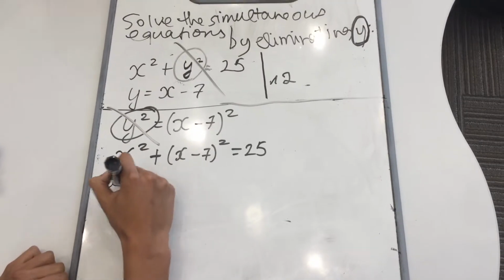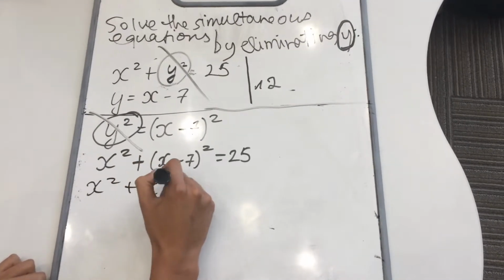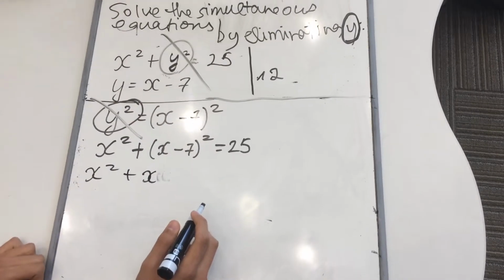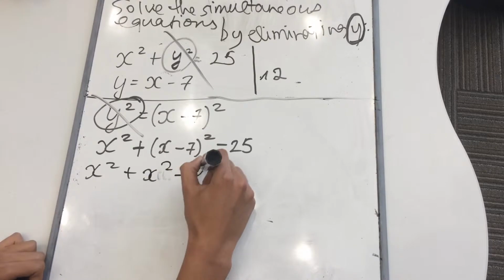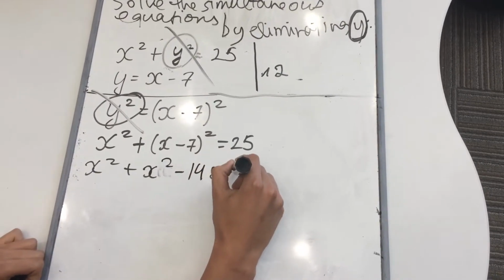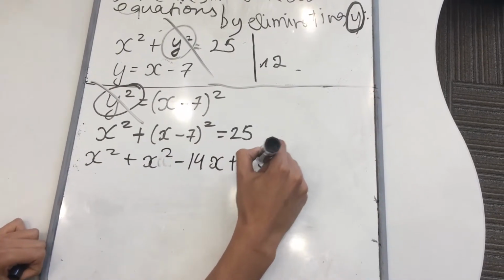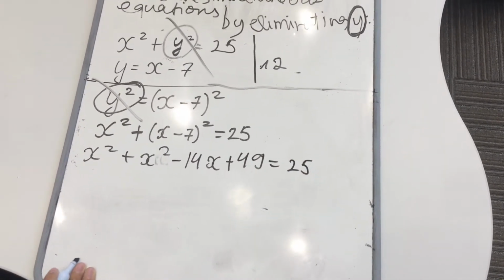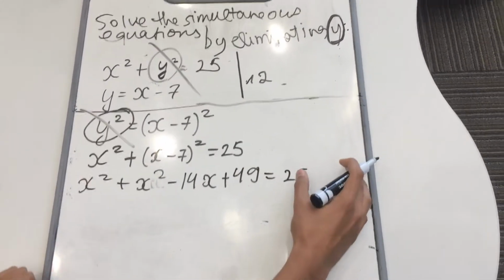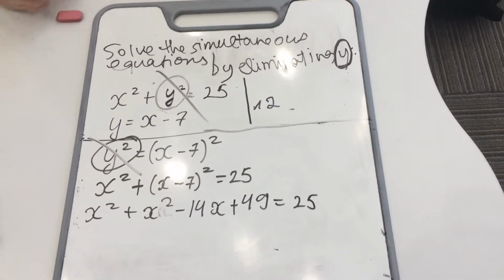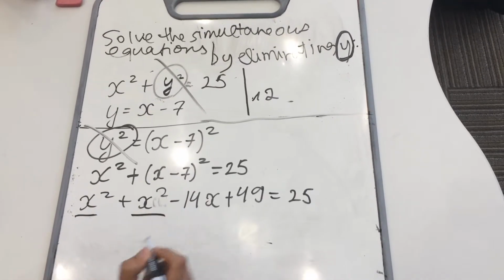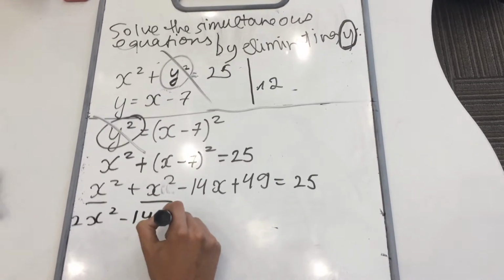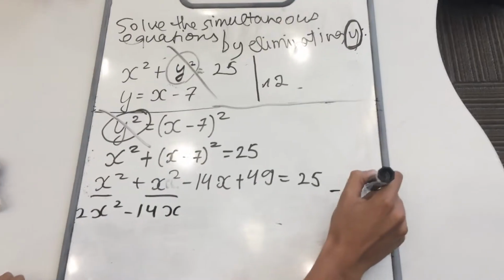So now we open up the brackets and get x squared and then negative 14x and plus 49. And that still equals 25. Now we should try to get 0 on one side and have everything else on the left side. We add x squared, get 2x squared minus 14x, and since we took away 25 from both sides,